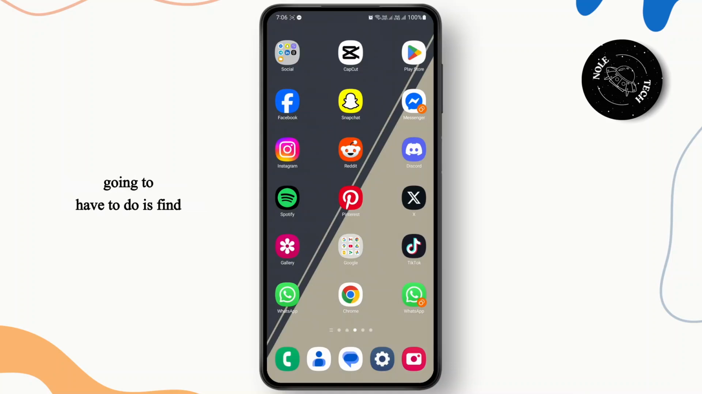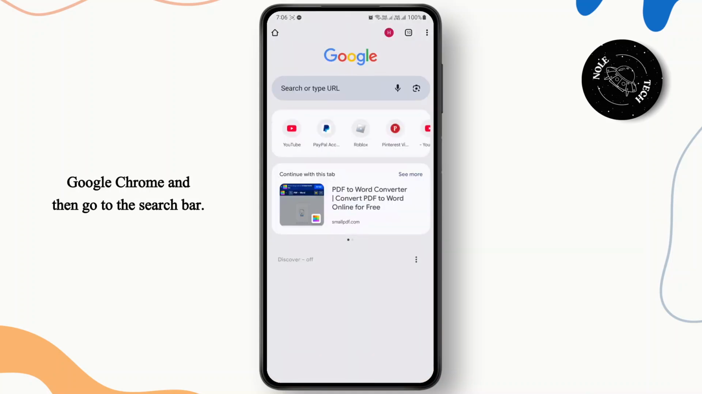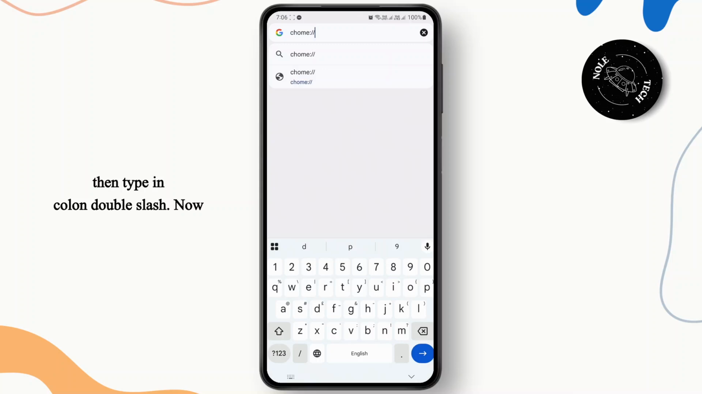So the first thing you're going to have to do is find a list of Chrome URLs. So just open up your Google Chrome and then go to the search bar. Here you're just going to have to type in Chrome, then type in colon, double slash. Now just type in chrome-urls. So once you have done that, you'll be taken to a page where there are a